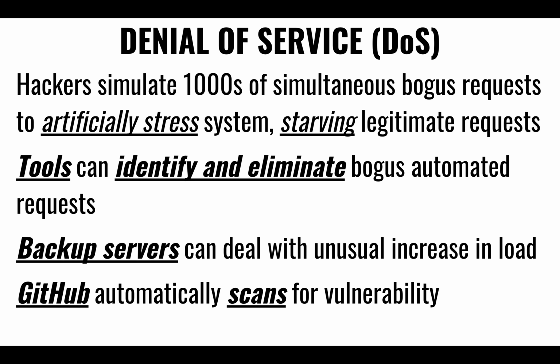And usually we have tools that can identify these vulnerabilities and identify which are bogus and which are legitimate, right? And ignore the bogus ones. Or we have servers on standby that we can redirect these bogus queries to, without starving the legitimate requests. And now GitHub also has a lot of tools that automatically parse your code and identify